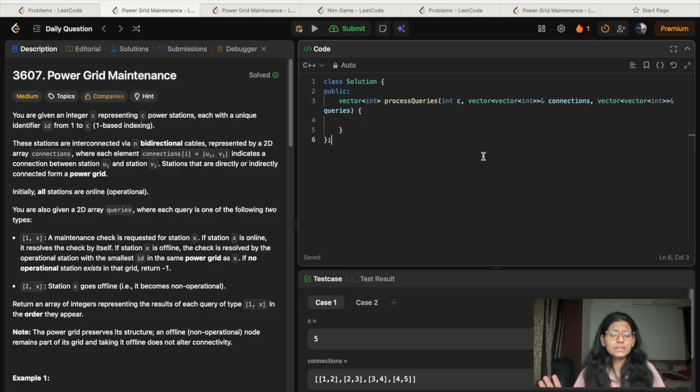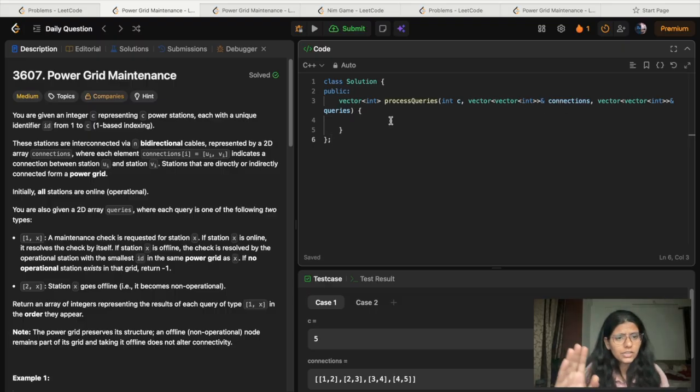One cable is equal to one edge, and this one cable carries from U to V and V to U, in both directions, represented by a 2D array connections.